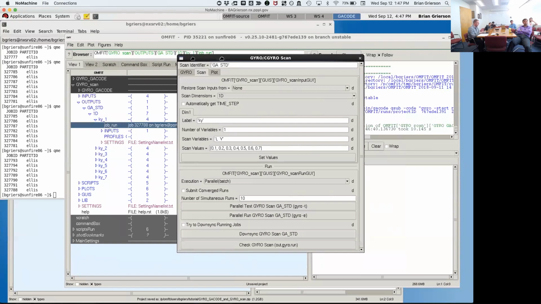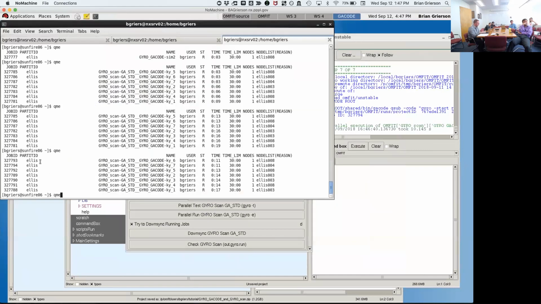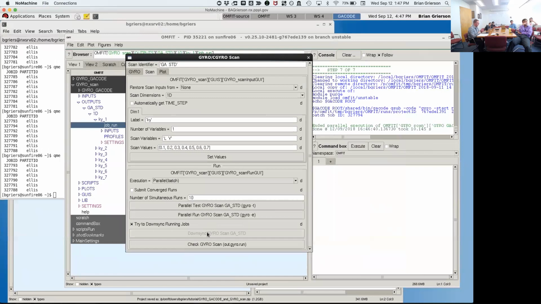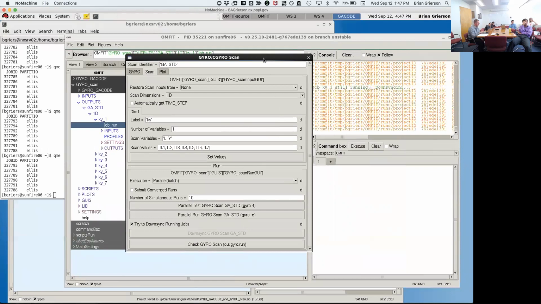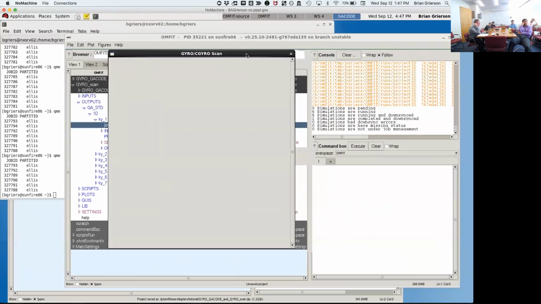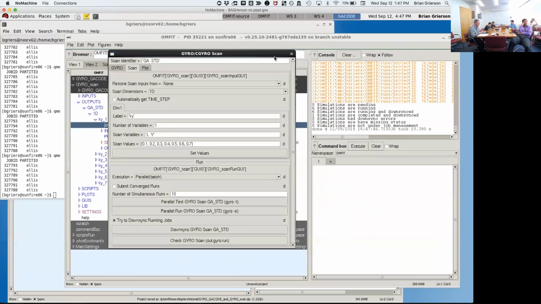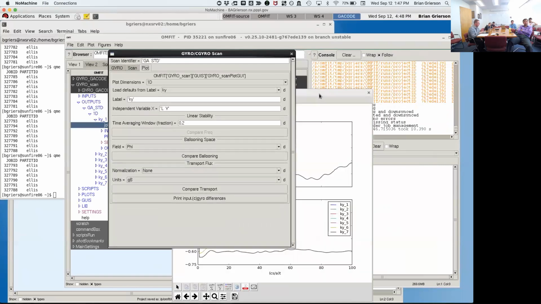So here, when you do it in batch mode, you can also say try to downsync running jobs. So let me see if this works. I'm going to try to downsync gyro running jobs. And I click this button, downsync gyro scan GAC intercase. And you're going to see over here in the terminal it says job 5 still running, job 6 still running. Job 7 appears complete. So then it'll print off a summary here. 0 simulations are pending. 6 simulations are running and downsynced. 1 simulation is completed and downsynced. There were no errors. I can go over here and plot and compare my frequencies